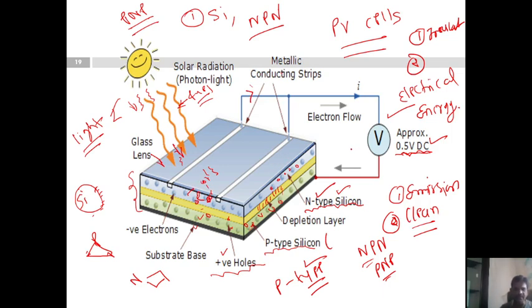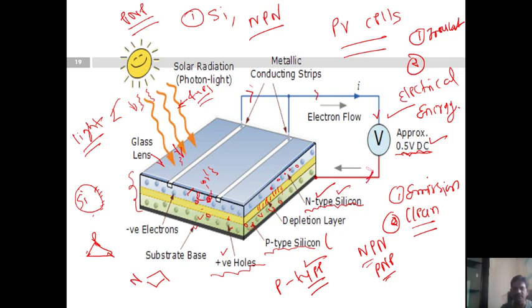So what is here, guys? The excitation of the electrons causes them to be released from their parent atoms and move to higher valence levels. This is the basics, we already learned in 12th standard. As billions of photons strike the cells every second, a lot of electrons are knocked loose. Eventually the excited electron gets kicked out of the atom, allowing it to roam freely around the semiconductor material.